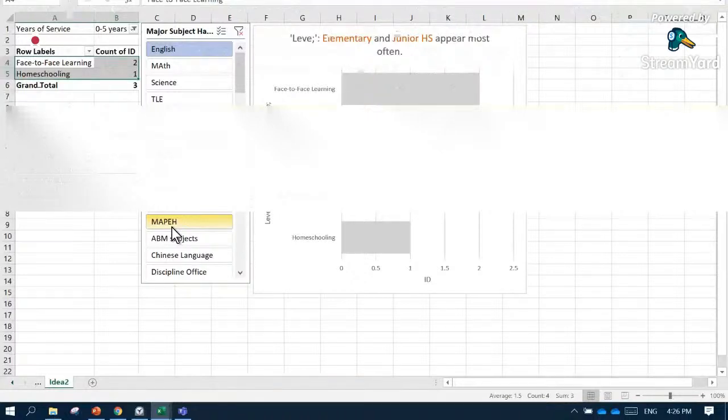Have we used complex or complicated formulas in analyzing data? We haven't. We only simply drag and drop the items in the source data for us to analyze the data in different ways, right?